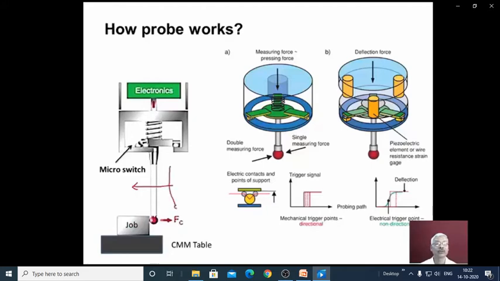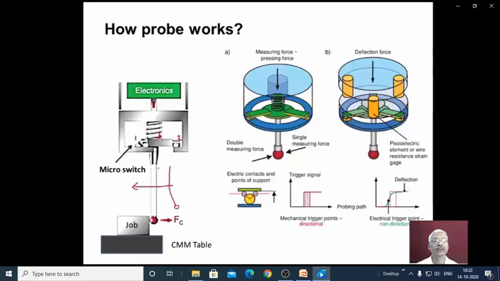The probe will deflect like this, and then we can see here we have 3 micro switches placed inside the housing of the probe. One micro switch is available here, second one, and one more behind the spring.